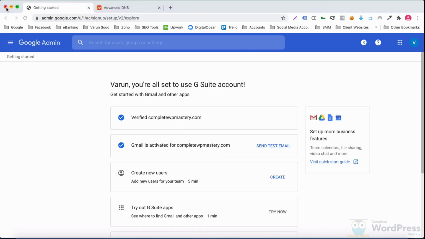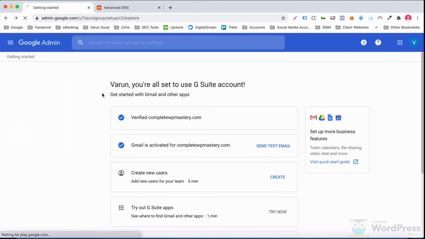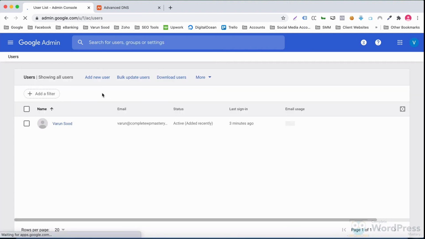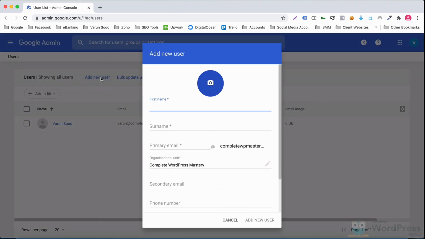Coming back to G Suite Admin Console, this is where you see a list of all the email accounts created. You can very easily create a new account from this page. Just specify the name of the user and the desired email.